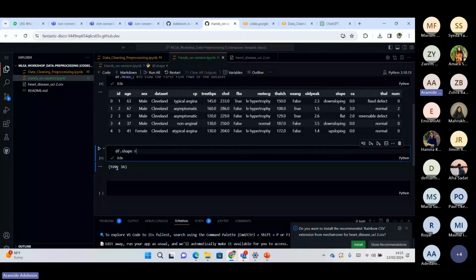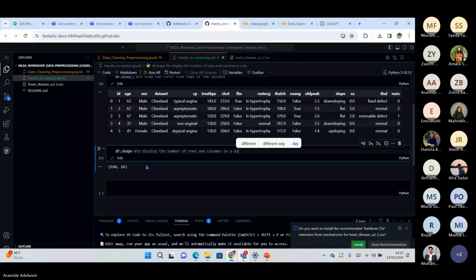So I'll just put the comments here. Okay, so that means in this data set we are currently using as the case study, we have 920 rows